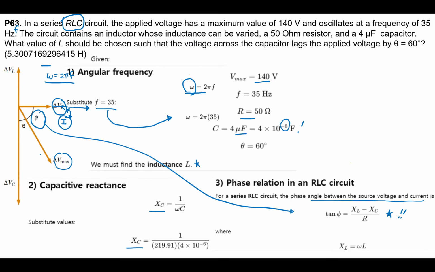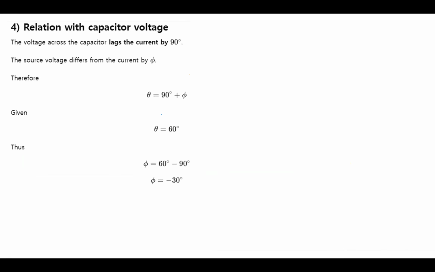So the current and the voltage make an angle. This is the very important step you need to understand. Phi is this one, but only zeta is given. If you look at it, this is 90 degrees, so phi is given by 90 minus zeta, and zeta is given by 30 degrees. So zeta is 60 degrees, so that